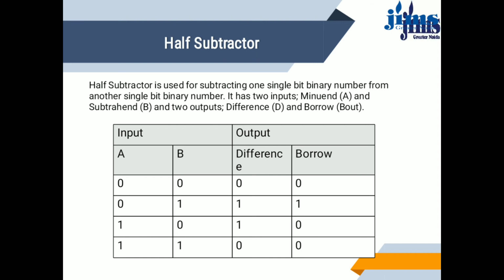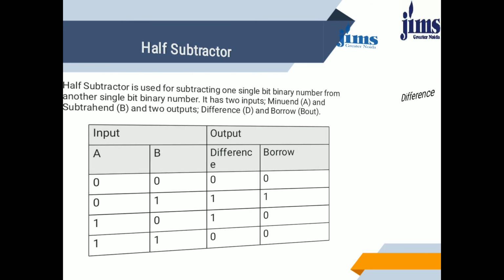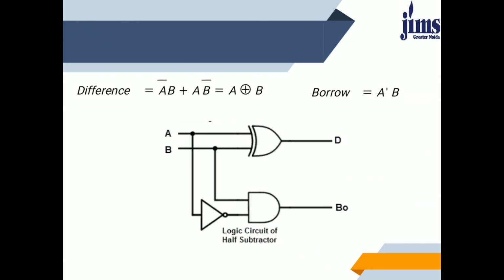So 2 inputs A and B are defined here. Accordingly, using the rules for binary subtraction, the difference and borrow signals can be generated. According to these, you can prepare a K-map and write an expression, which is: difference equals A XOR B and borrow equals A bar B. So you can prepare a logic circuit for the half subtractor as we prepared for the half adder. This is a quite simple diagram.